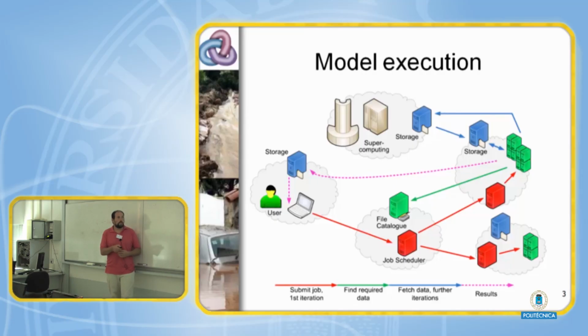Once we submit a job here, the job is sent to a scheduler. This is going to select the best resource for the application that is going to run. It means selecting one kind of resource, like for example, we discussed yesterday grid resources for certain kinds of jobs, parallel clusters for others, and so on. Moreover, each job needs to fetch some data